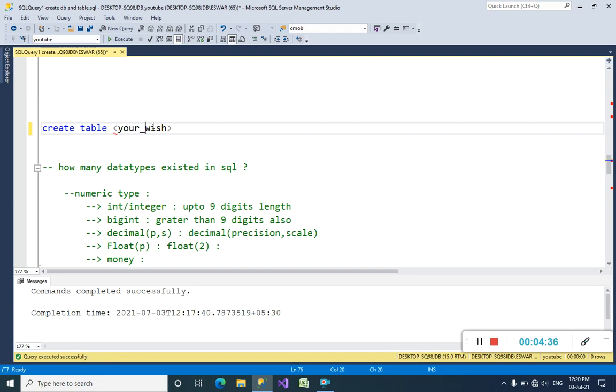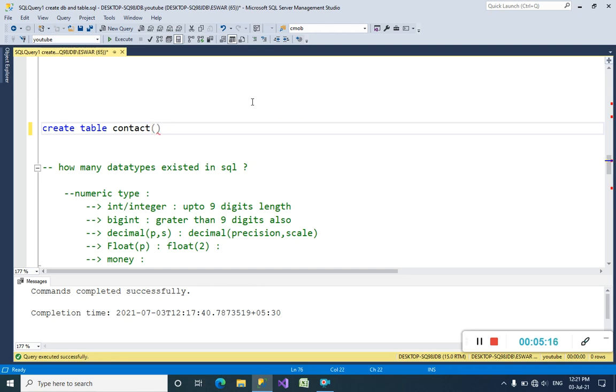Guys, when you want to create a table, you have to name it. You have to give a name to the table, which I have written in angular brackets, and you can edit that or write any name. Suppose you want to store the data of your friends list, then you can name this table contact.